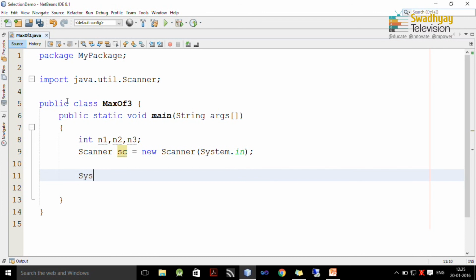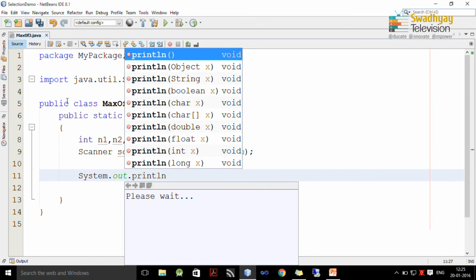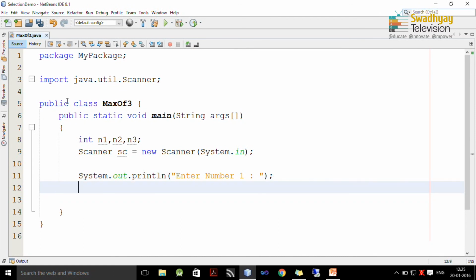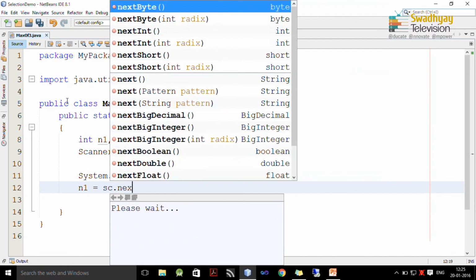So, we declare 3 variables n1, n2 and n3 and one Scanner which can be used to read data from the keyboard. First we provide a user message, enter number 1. So, the user will enter the first number and we want to read that using this Scanner class object. So, I write n1 is equal to sc.nextInt.